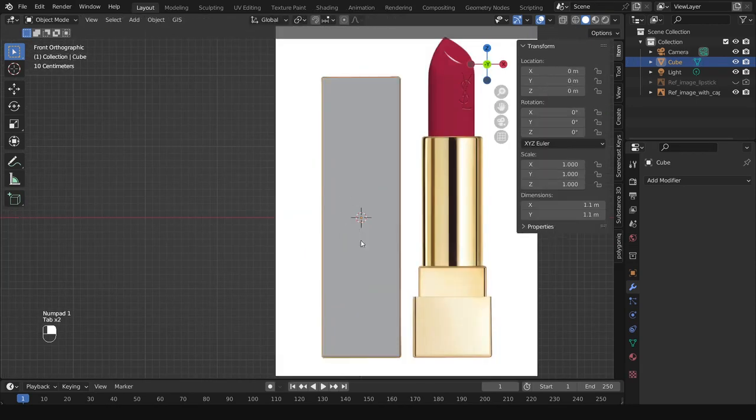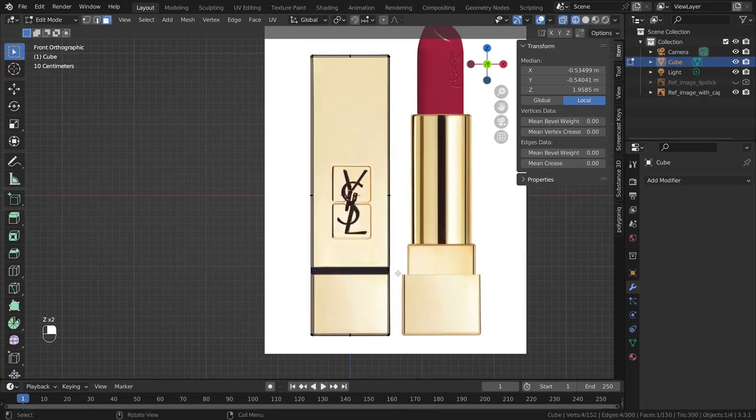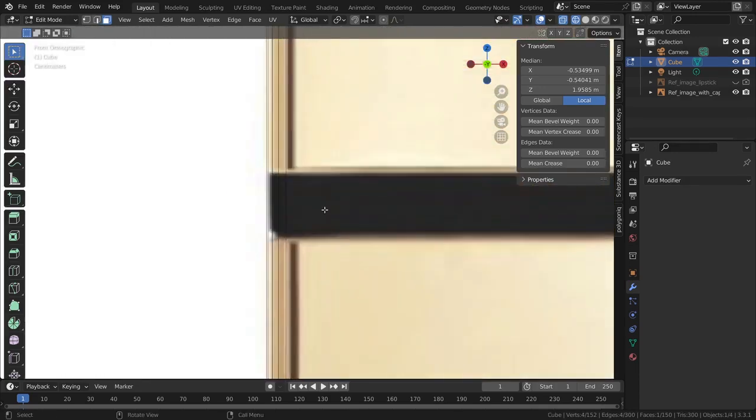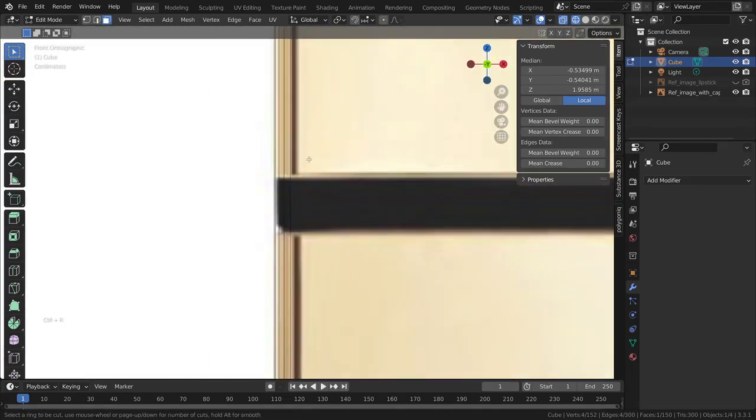Now, what is the next step? We have a very decent shape here, right? The total outside looks the same, except this part here. This little part here, that black part, seems to be separated. It separates the top, the cap, from the bottom, as you can see here. So I'm going to grab an